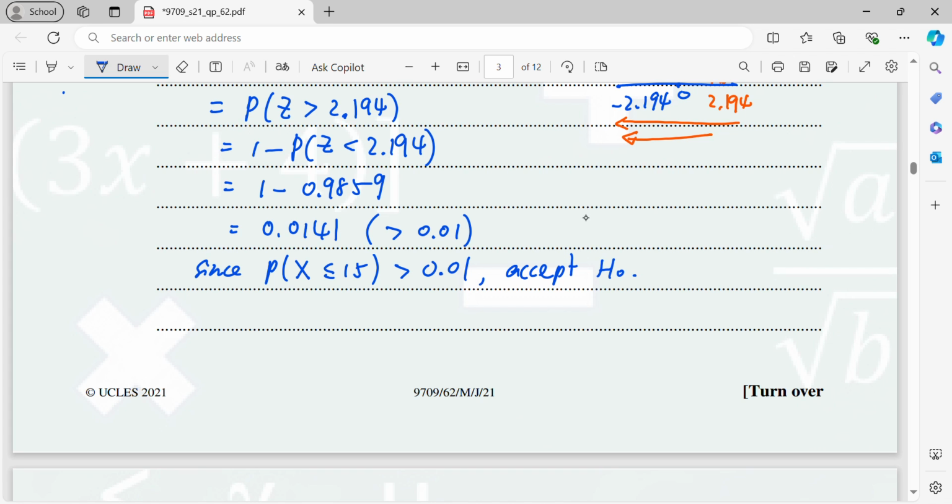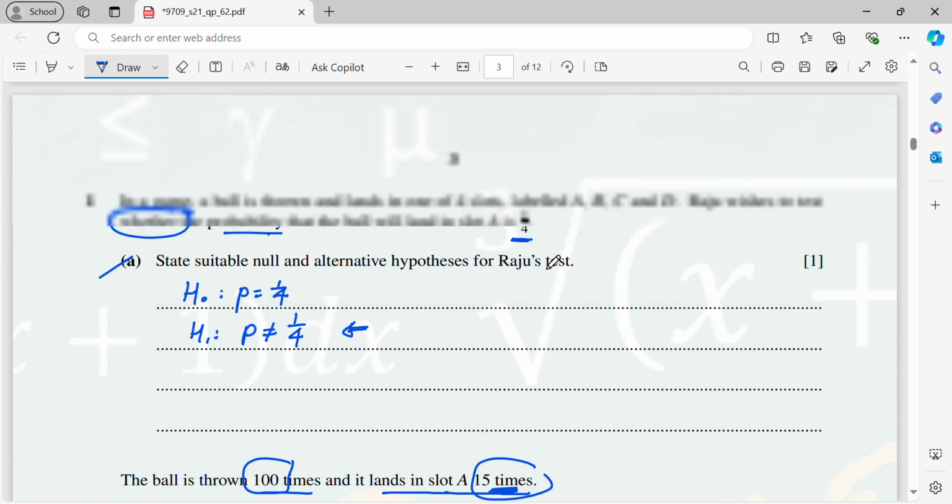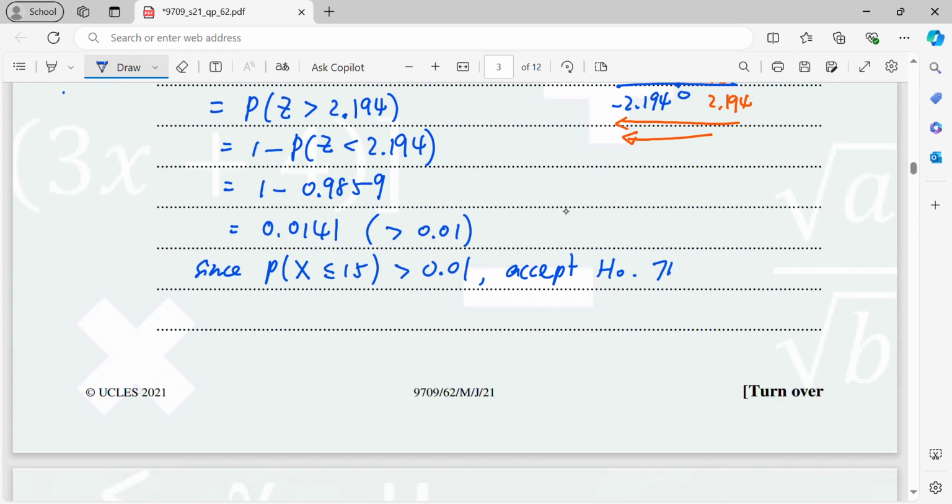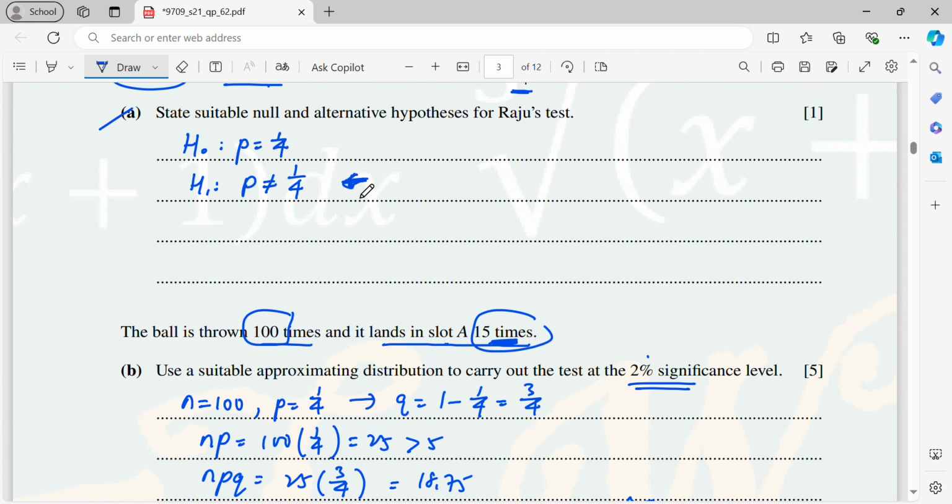Okay, so when we accept H naught, it means that now you have not enough evidence to conclude H1, right? So I will just write there is insufficient evidence at alpha equals 0.02 to conclude. The next one means that we have insufficient evidence to reject